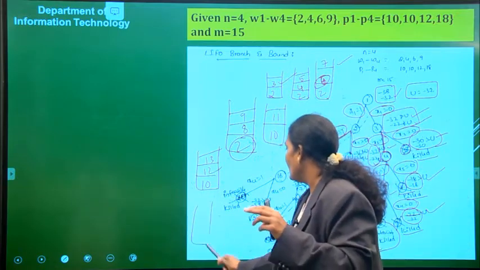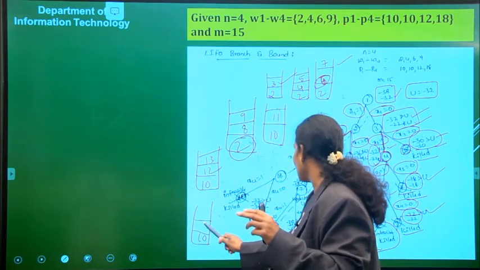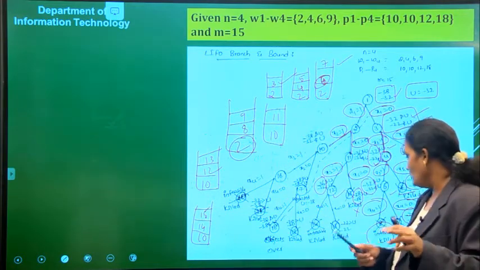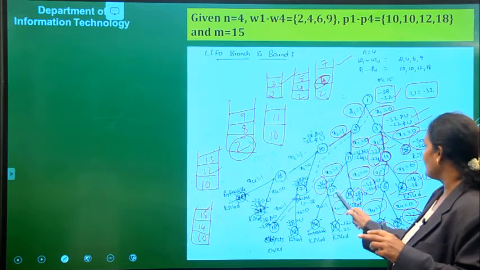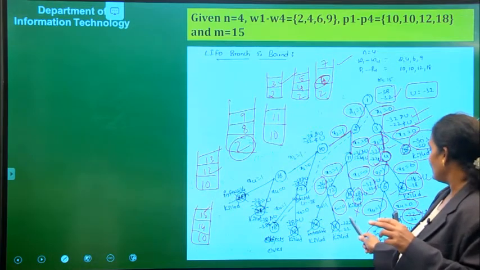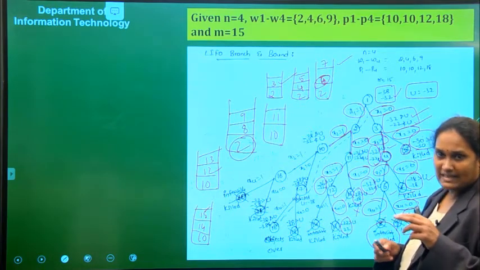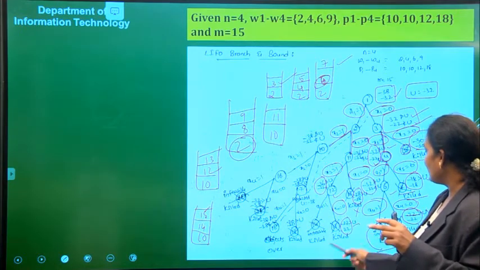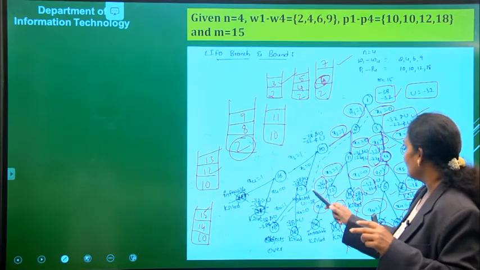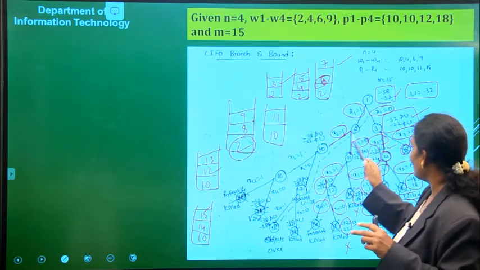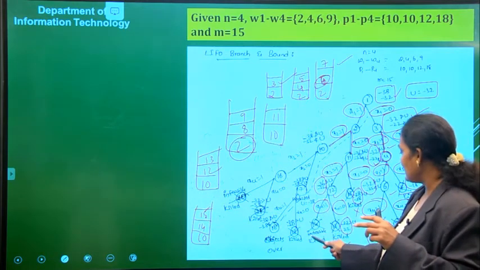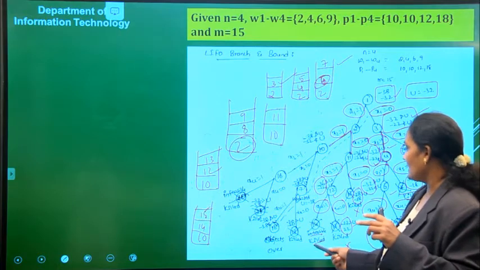Here node 12 becomes the E node and we expanded node 12. By expanding node 12, what becomes the stack? 10 is already present, and 14 and 15 come. Now first we need to observe 15. At node 15, what is the path? x4 0, x1 1, x2 1, x3 1, x4 0. By doing this, we will get the values as minus 22, minus 22, which is greater than the upper bound. So it is killed. Coming to the other node, the path is x4 equal to 1, that is x1 1, x3 1, x4 1, x2 0.